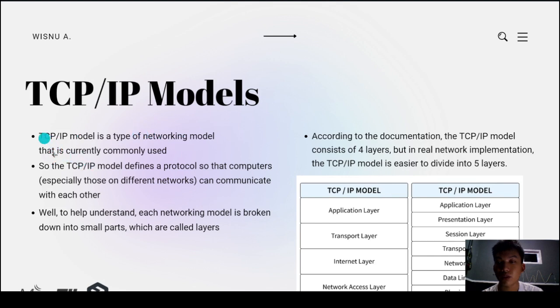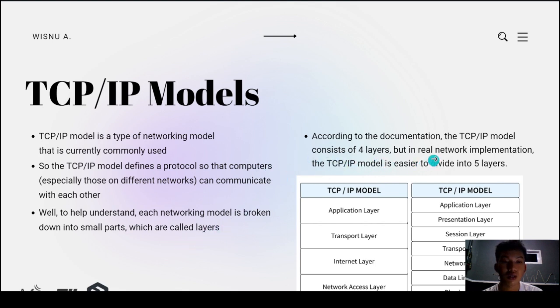Then for the TCP/IP model, it is a type of networking model that is currently commonly used. The TCP/IP model defines protocols so that computers, especially those on different networks, can communicate with each other. To help understand, this networking model is broken down into small parts, which are called layers.